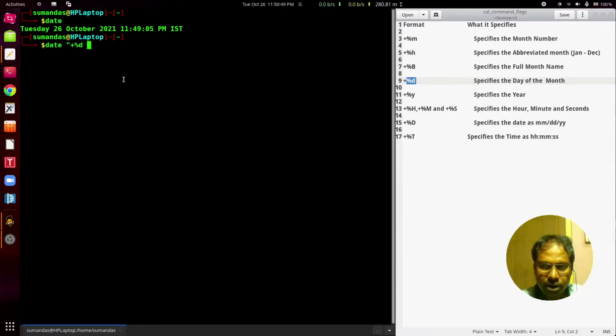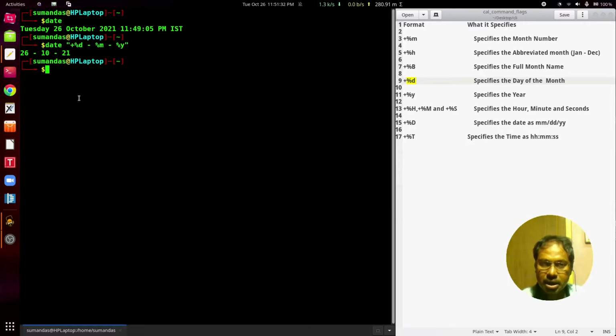Then suppose I want to view the date, month and year separated with a hyphen. So then %m, small m, then a hyphen, and then %y. Use the closing double quote and now press enter. So here that one is our desired system date with hyphens, as the output we desire.